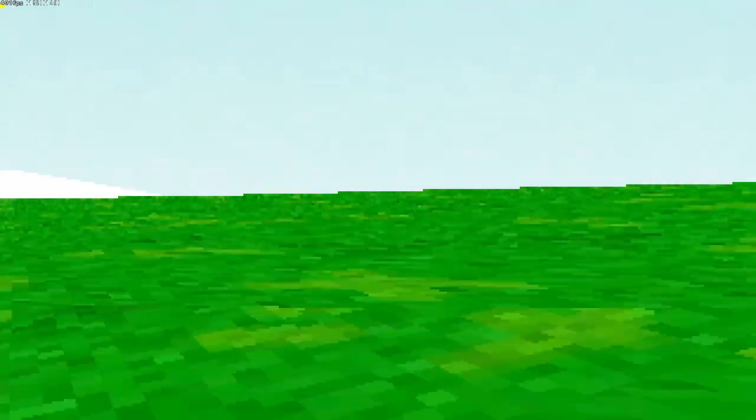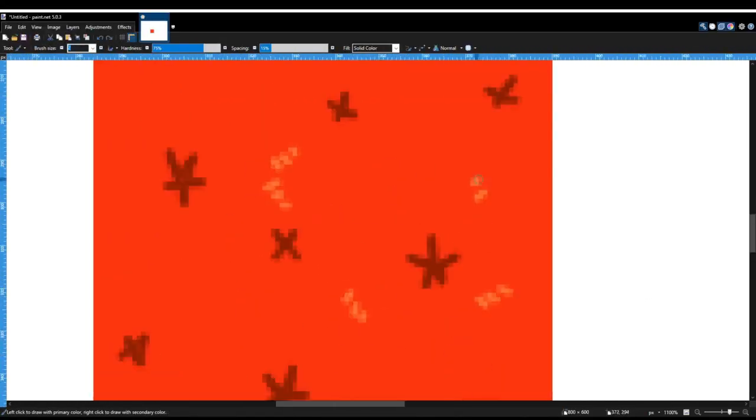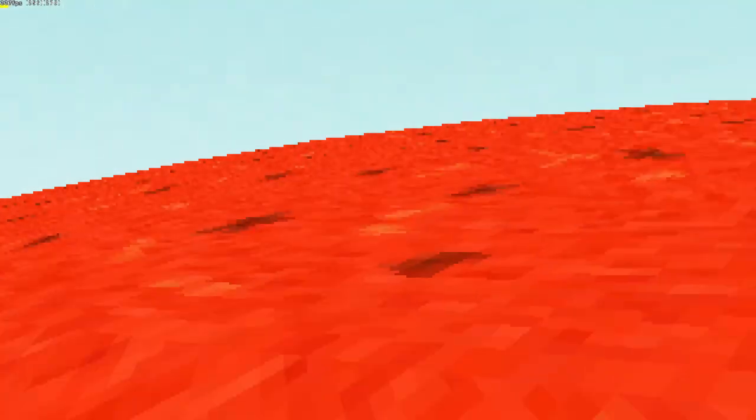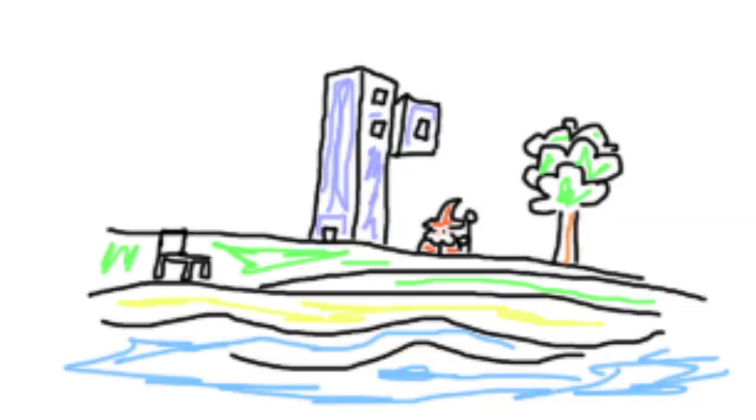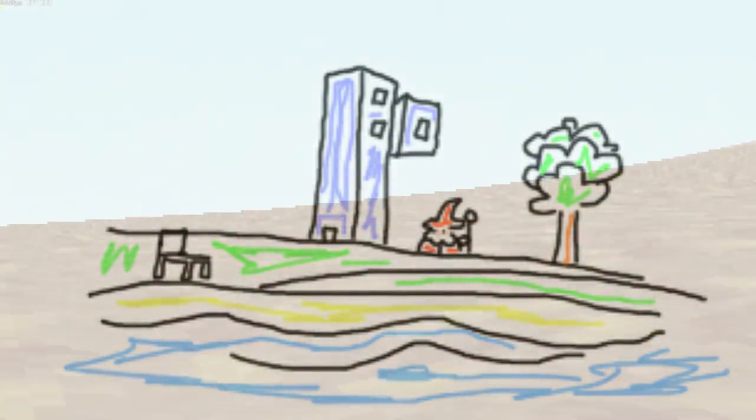Honestly, this is kind of a tech demo for me. Future content that I have in mind would be some variety in the terrain textures, randomly generated towers, like little dungeon things, placeable stuff, combat, trees, I definitely